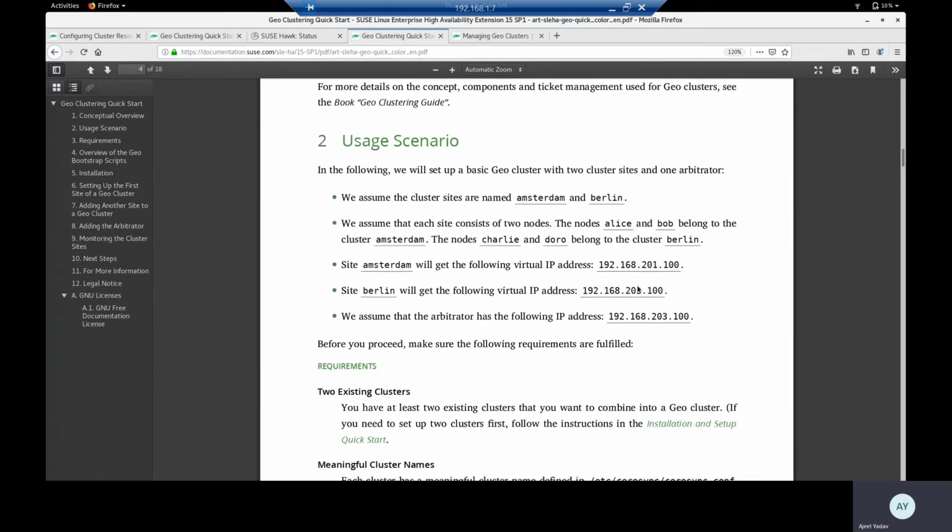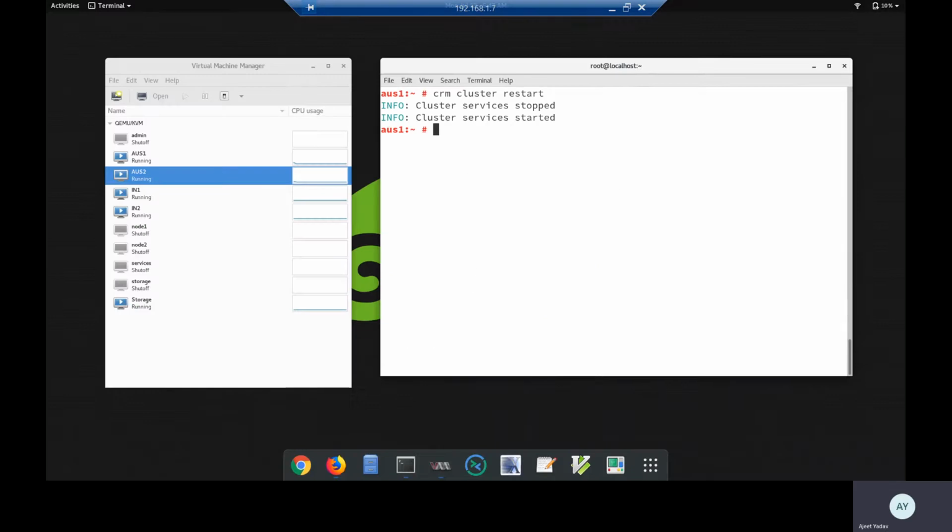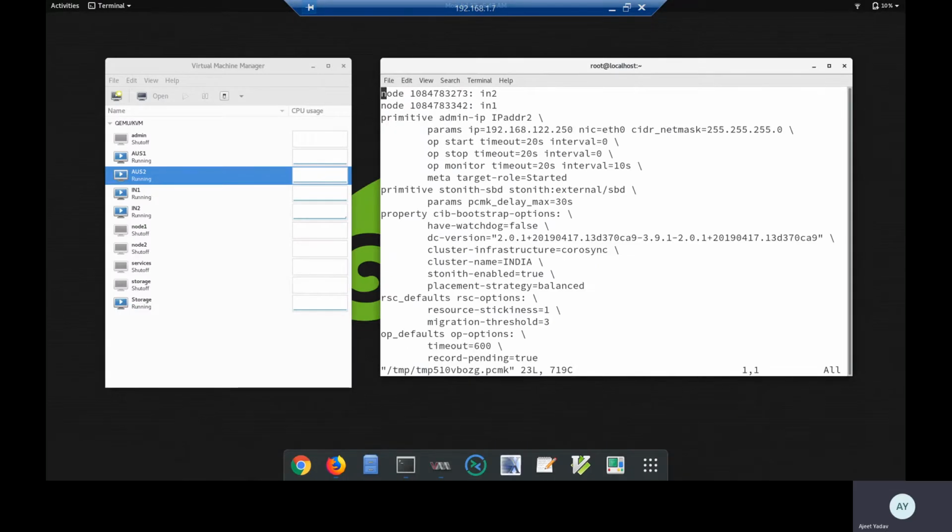So if I see some scenario, this is the first site name, cluster name, and the virtual IP, the failover IP, is this. Second site name is Berlin, in my case Australia, and then the failover IP is this. In my case, if I go to my India and run crm configure edit, I can see my failover IP for site one is 200.